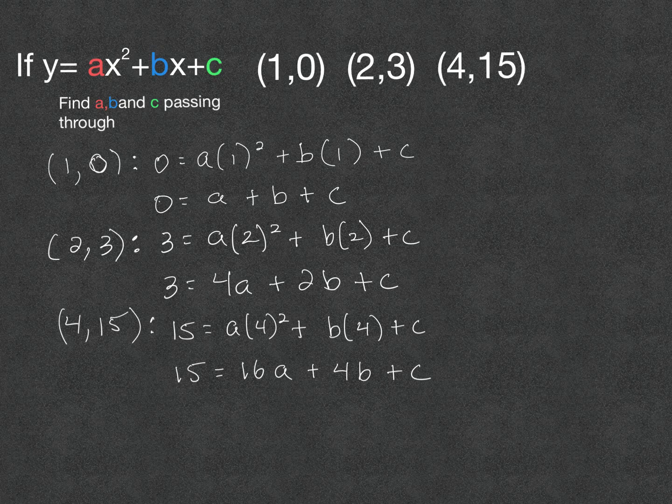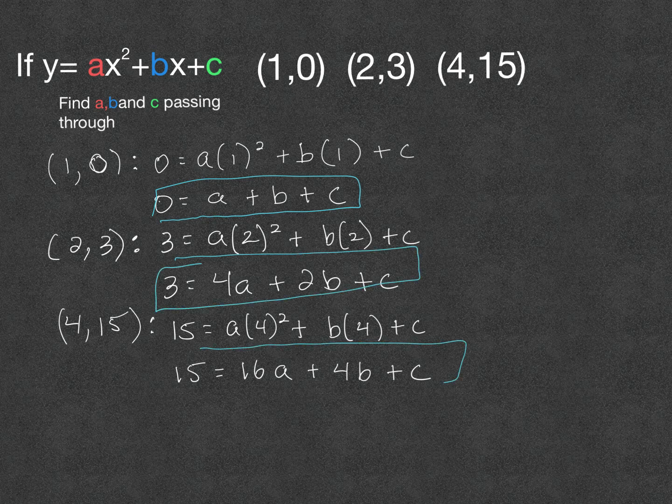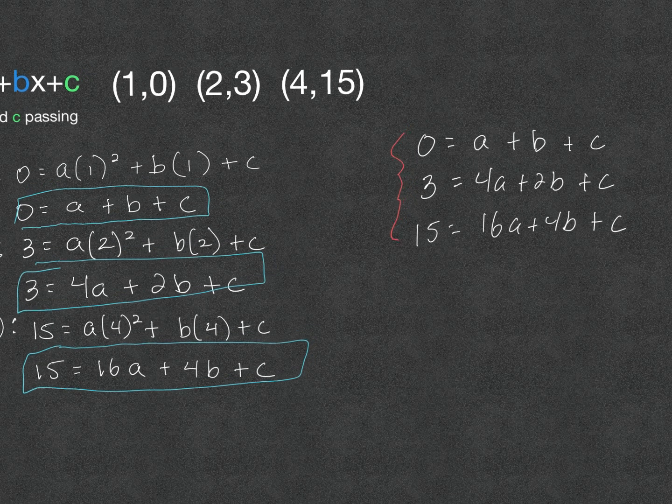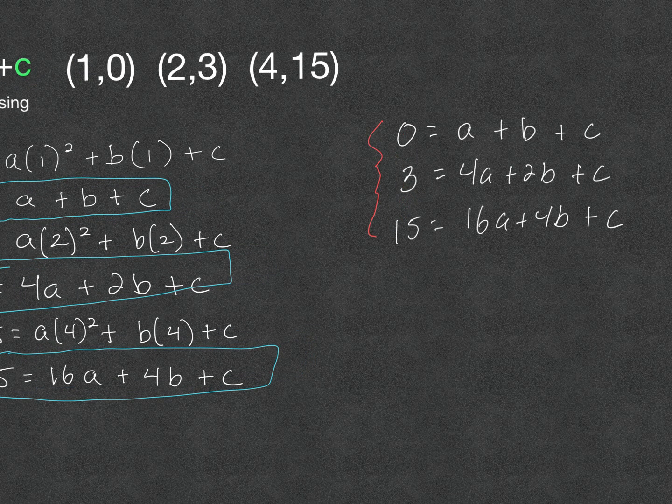And so we have 3 equations. 0 is equal to A plus B plus C. 3 is equal to 4A plus 2B plus C. And 15 is equal to 16A plus 4B plus C. We're going to write those right next to each other and use elimination to solve. Okay, so we have these 3 equations, and it looks like the easiest variable to get rid of is the